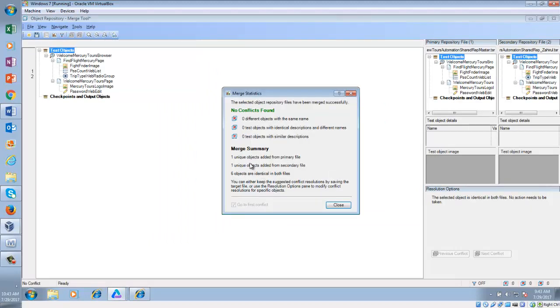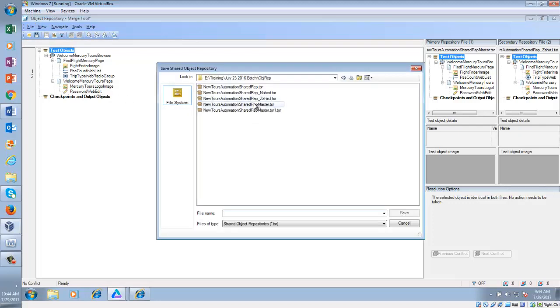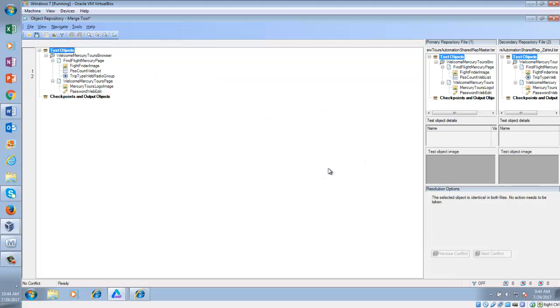Can you see one unique object added from the primary file and one object added from the secondary file? So what is this? Trip type and passenger count. Now in this one we have both passenger count and trip type. I am going to save as master. Now the master has everything.